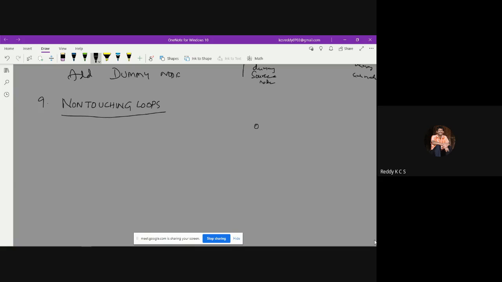Say for example, if I represent a signal flow graph like this, there are 4 nodes and there is one loop like this, and I represent one more like this, and one more like this. I'll write x1. Of course, there is no source node or sink node here, so adding a dummy node is required in this case. Not a problem, we'll discuss later. But still, to understand what non-touching loops are.